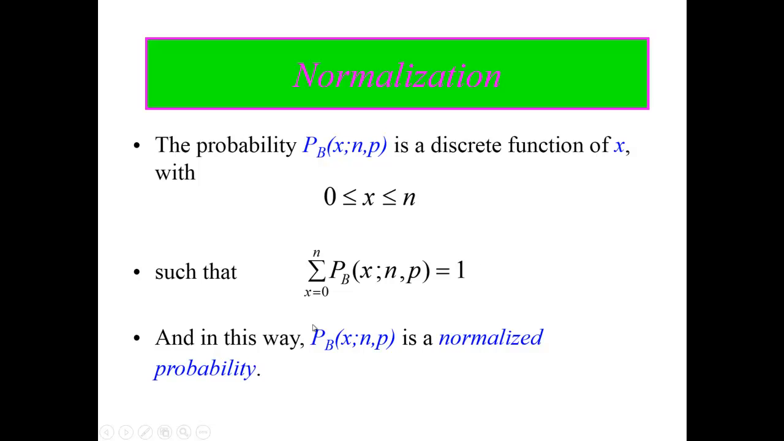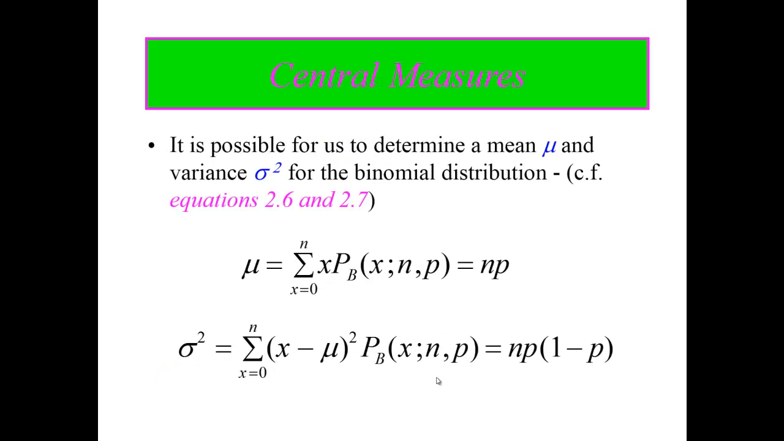In this way, the binomial probability is a normalized probability distribution. The central measures, we've talked about central measures being the mean and the variance for a particular kind of experiment or measurement. And so we can actually calculate those by using the definitions of the central measures. So if mu is the expected value of x, the average value of x, we would take x times the probability function, sum this up over all of the possible outcomes from 0 successes all the way up to n